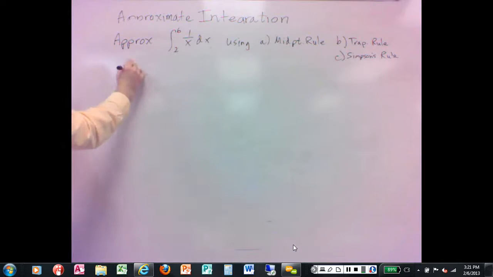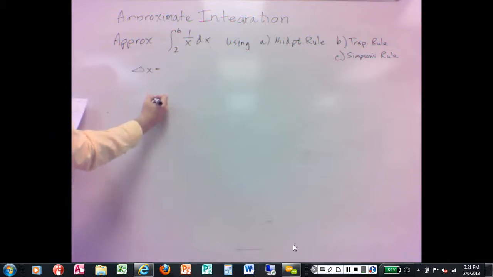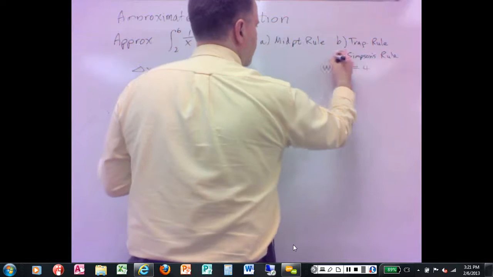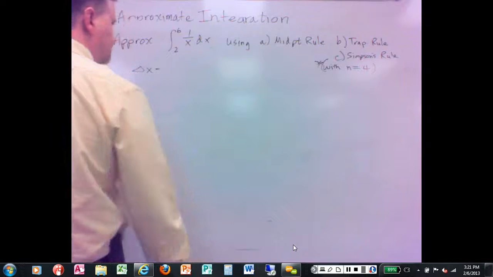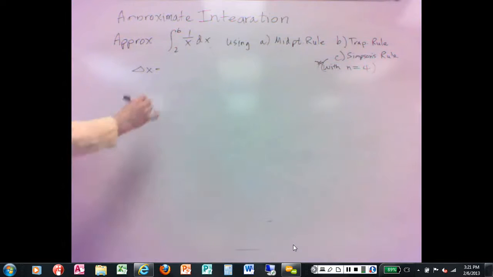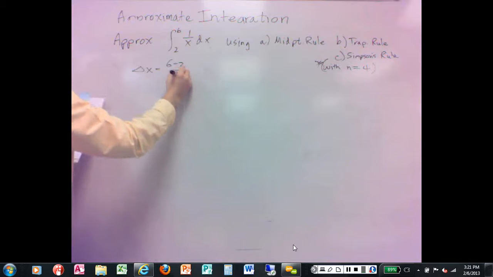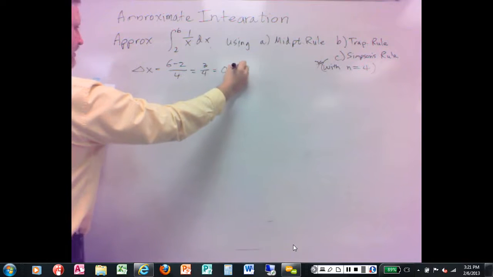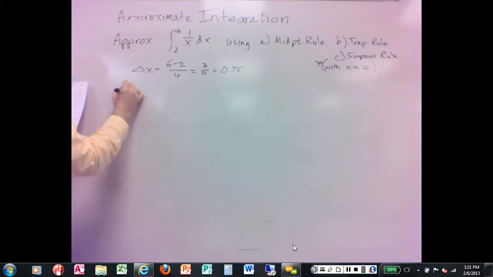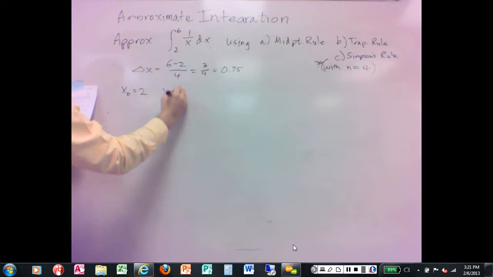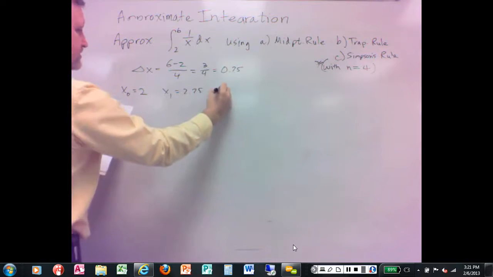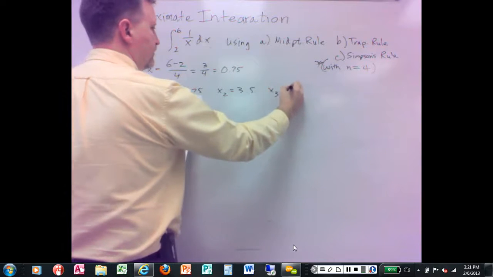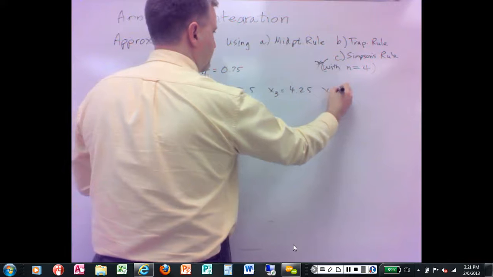All right, so here delta x is going to be what? Oh, with n equals 4 on all. So delta x would be 6 minus 2 divided by 4. It's going to be 3/4, 0.75. So that means x sub 0 is the 2. X sub 1 would be 2.75. X2 would be 3.5. X3 would be 4.25. And X4 would be,